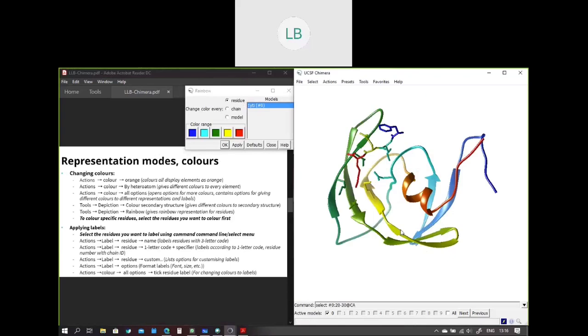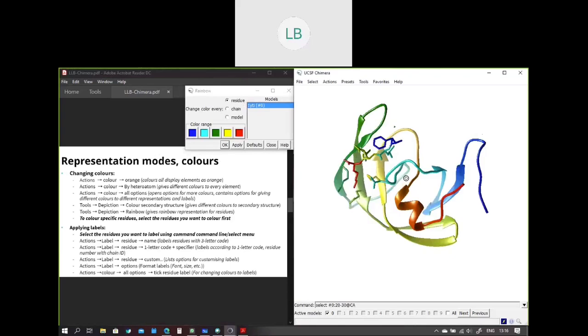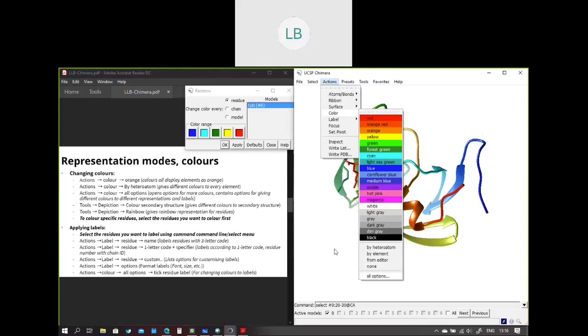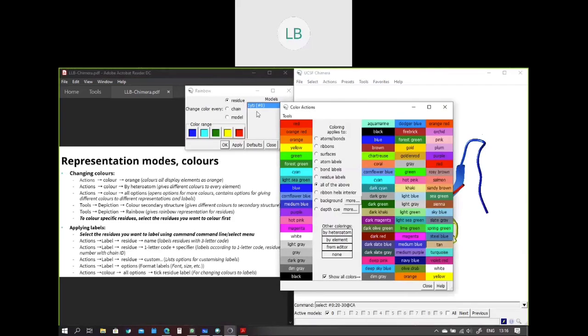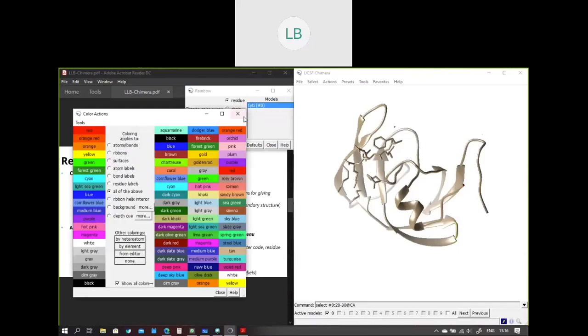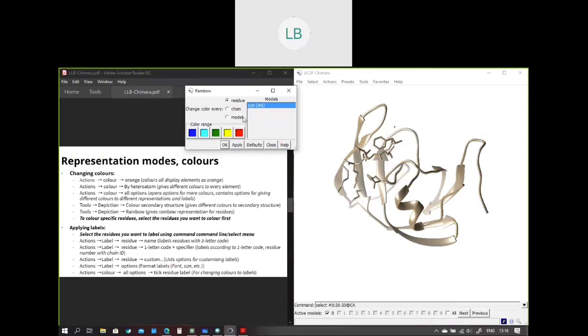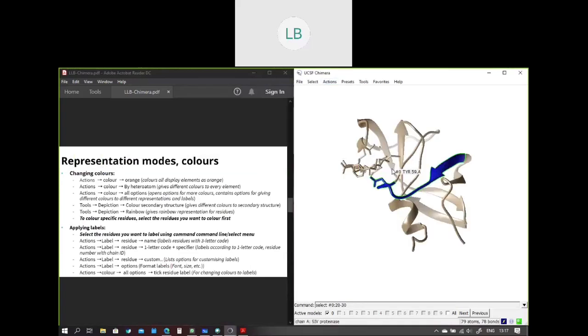But the problem with the coloring is if we just choose the color as it is, let's say I choose the color tan, it will color all the residues. But let's say I want to color only a particular set of residues. In this case, I want to color only residues 20 to 30. So for that, I need to select the residues. I need to use the command line language again, where I'll press select number 0, 20 to 30, give enter. It will select the residues number 20 to 30. So now I can give a specific color to these residues. So let's say I'll give color blue, and it will give the specific blue color to this set of residues.